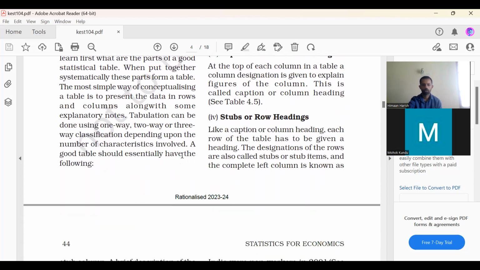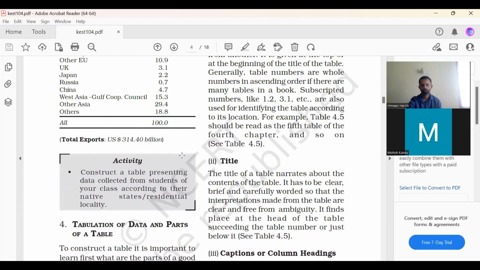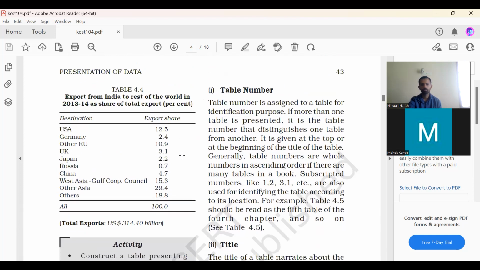A good table should essentially have the following: a table number. A table number is assigned to a table for identification purposes. If more than one table is presented, it is the table number that distinguishes one table from another. It is given at the top or at the beginning of the title of the table. Generally, table numbers are whole numbers in ascending order. If there are many tables in a book,